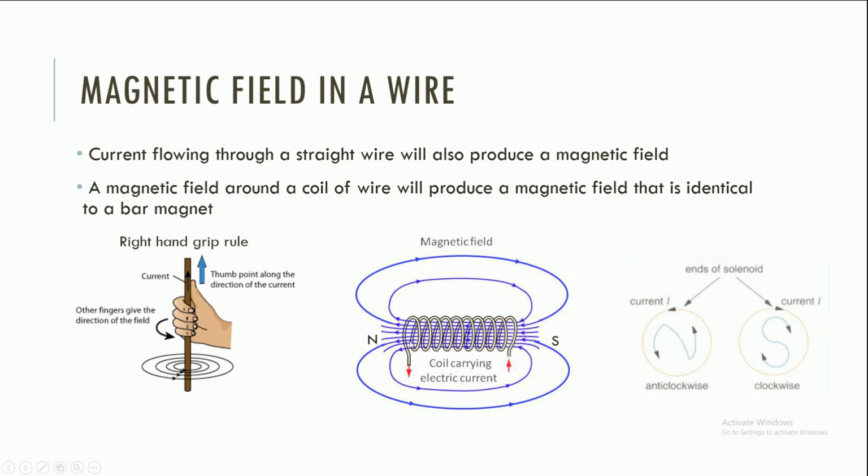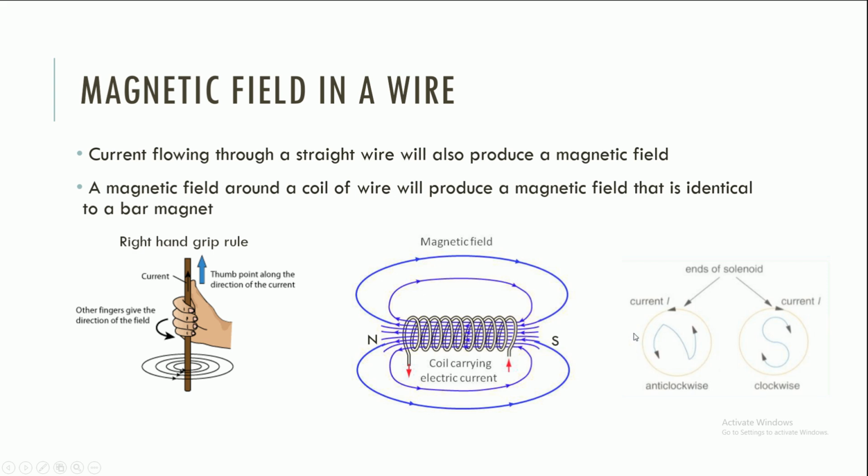So if you take a look at this left hand side here, and imagine if you are looking at it from a head-on, straight-on perspective, you can see that the current is flowing anti-clockwise in the wire. So take a look at this left diagram here. You can see that this is the direction of the current that you'll see in the end of the coil on the left hand side. And so an easy way to memorize that would be that it makes the shape of an N here,